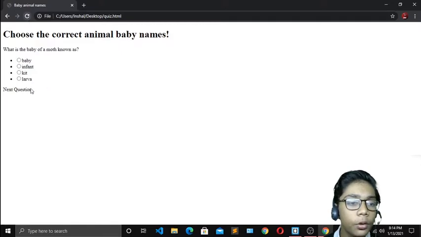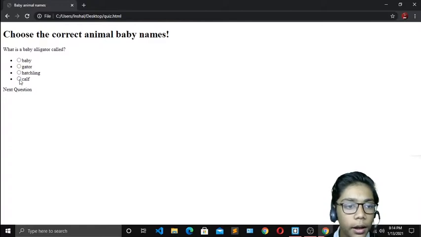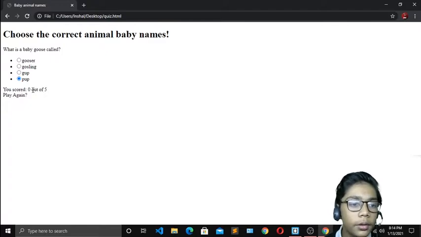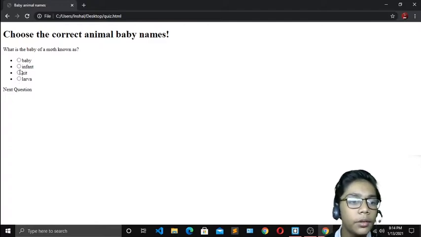There are 5 total questions, and here you can score any of the numbers you want. If you want to play again, I will show you: I just do it like that again, and you can see it is written you scored 0 out of 5. I have just scored 0 out of 5. There is no mask over here, and if I press this play again, you can see now I can play my interactive quiz game again. You can play any number of times you want.